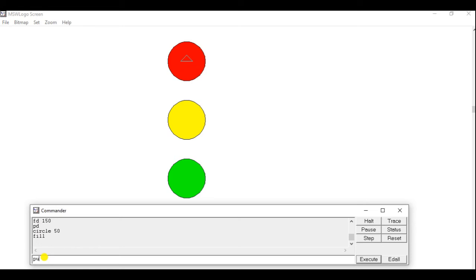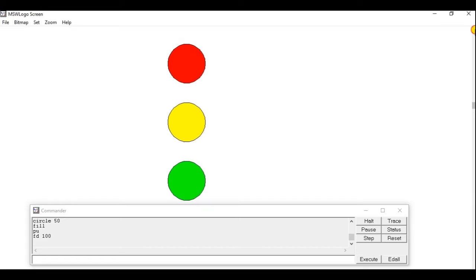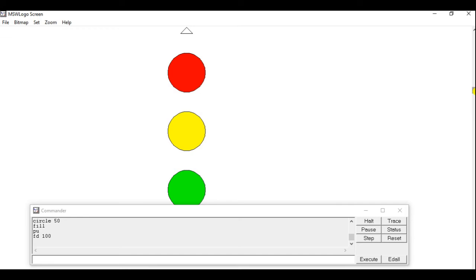So first use the PU command, then FT 100. Take it upper side and then turn the turtle, because we want to draw a line here. So turn the turtle, that is RT space 90.